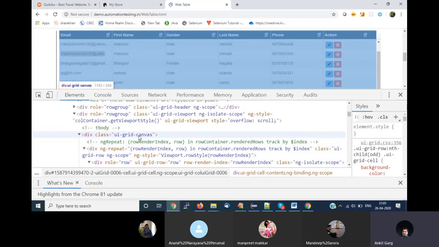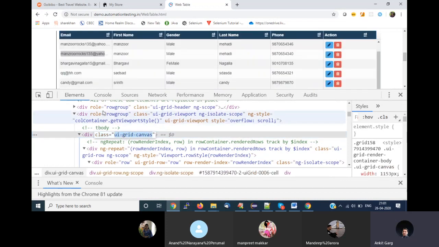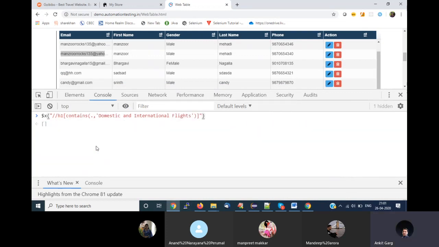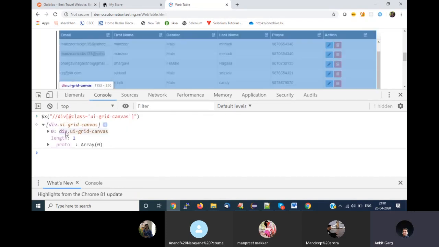Now this is one of your parents, but again, I can use this property also, class UI create canvas, to find your web table. Now this will give you the web table.